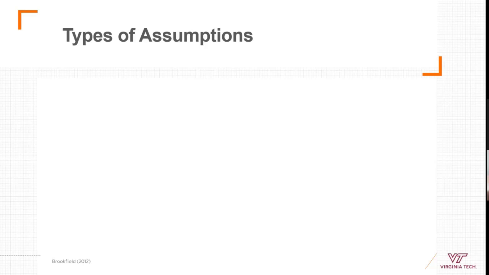Well, first of all, one way of slicing them is there's explicit and implicit. So that's worth thinking about. There are times when we make assumptions explicit, and in M&E, very often, this is something that's done on autopilot, right? If you're writing an evaluation plan or a proposal and you're creating a log frame, that assumption column, or logic model, as we call it here in the US,